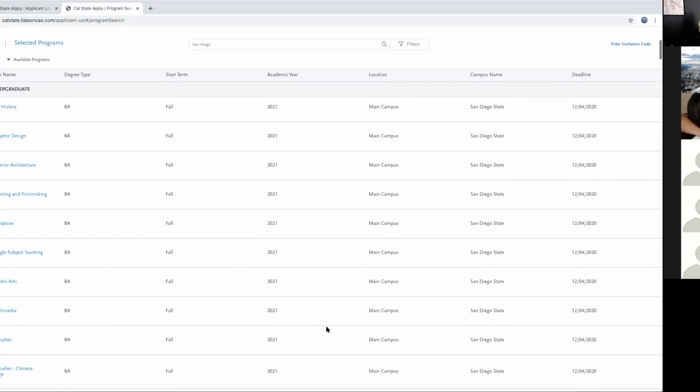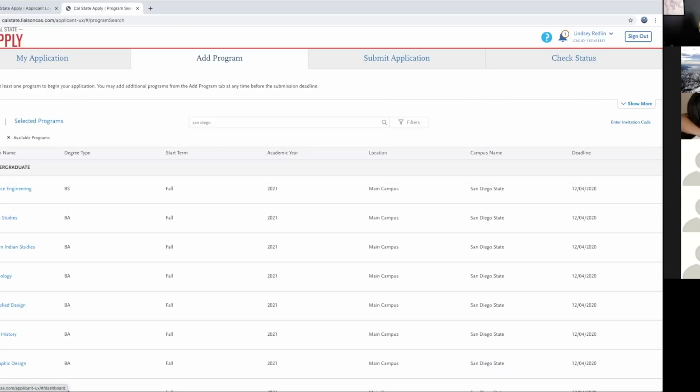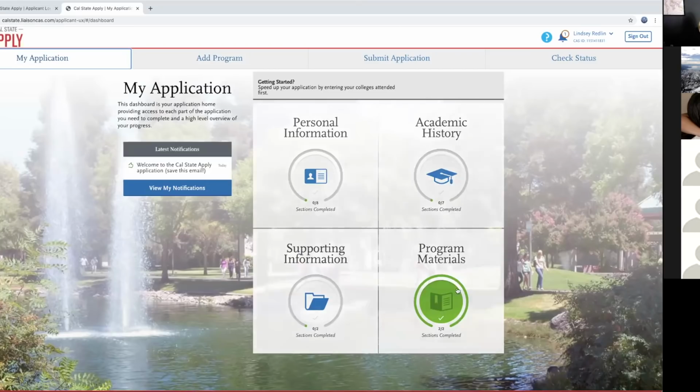Now, once you have selected it, you're going to see a green check mark, okay, next to astronomy. And then we're going to go ahead and click on add program. So now I'm going to have that on my application, okay? And the way for you to check that is if you go back to application right here, we can go